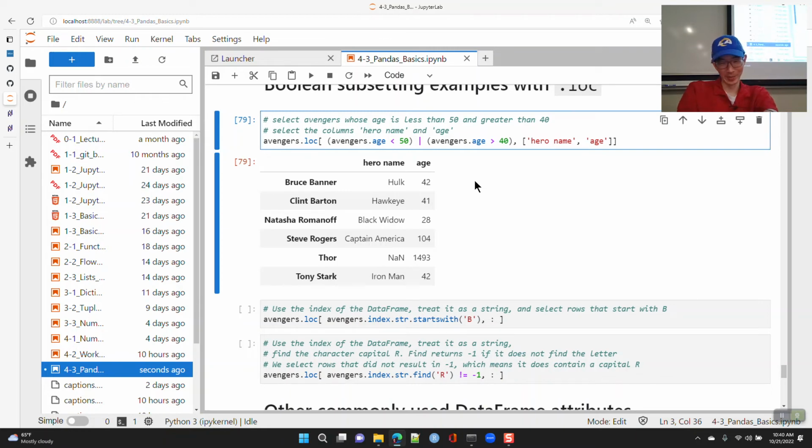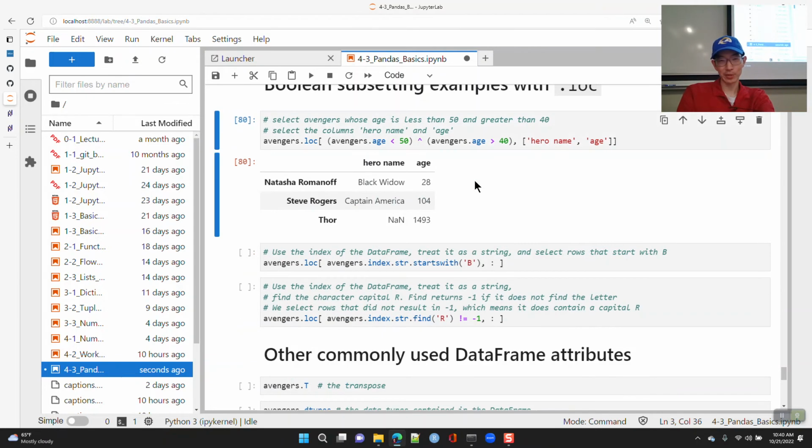So that's what we'll have. This is the exclusive or. So basically this is everybody but those in between. It's either you're less than 50 exclusively or you're over 40. We don't want anybody in between. Okay.